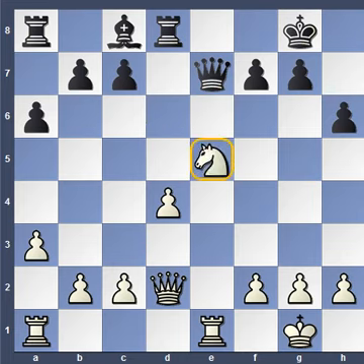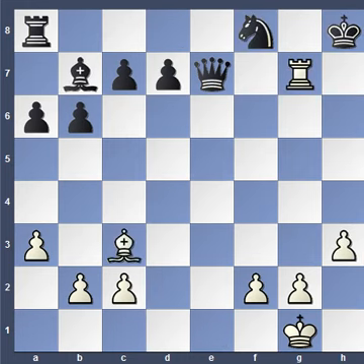So here I am giving you a puzzle for the next week. This includes the concept of discovered check. You just tell me the best continuation for white. Here you can see the black king and white bishop on the same diagonal. So here we can just move away the rook to any square and attack the king with a discovered check. So you tell me the best continuation for white here. Please give your answers in the comment section below. Next week I will show you the solution.